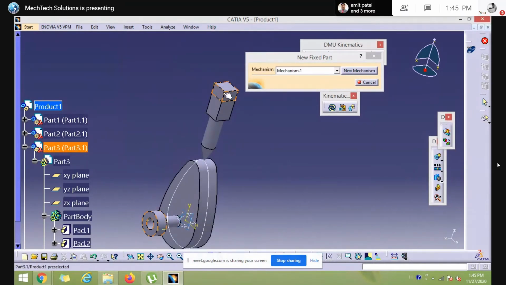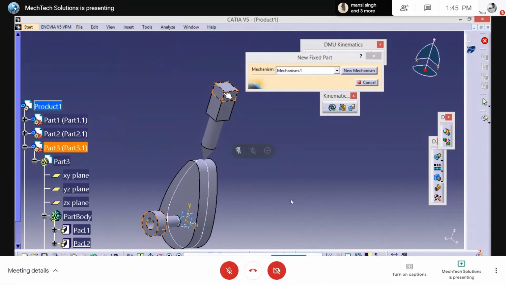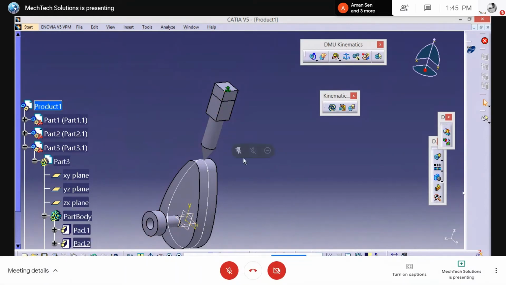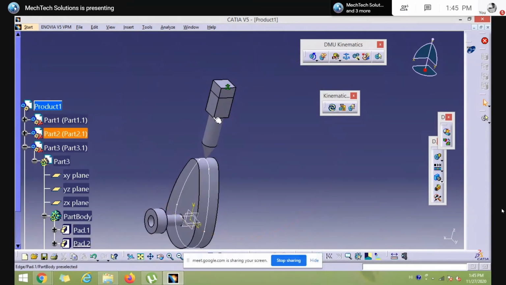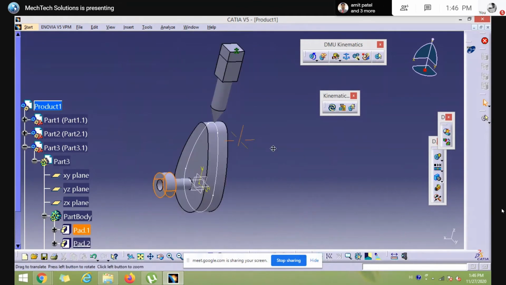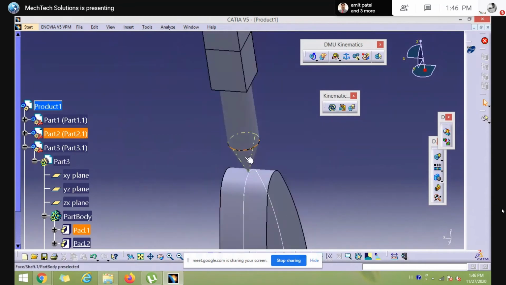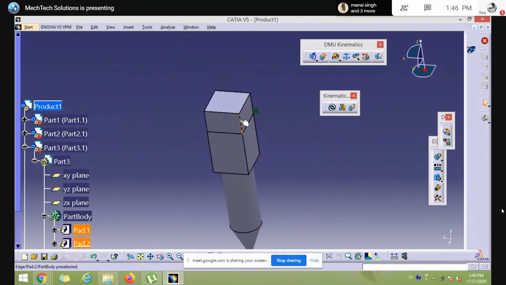Now you can see that whenever I select a single part, both parts get selected. So these two parts are now fixed. Here we need to define a revolute joint, and here a prismatic joint.